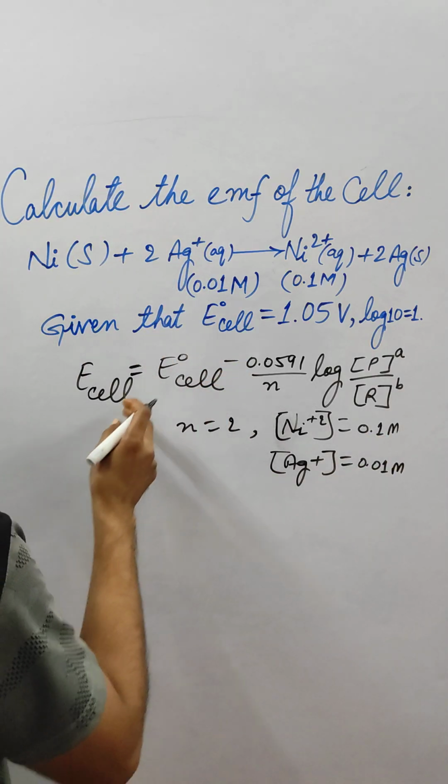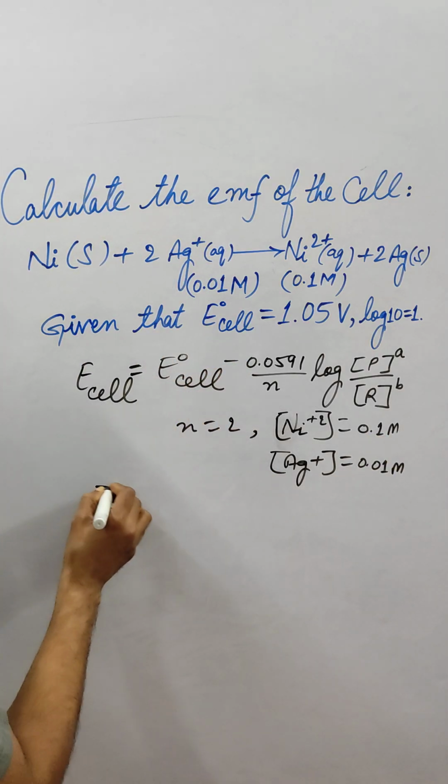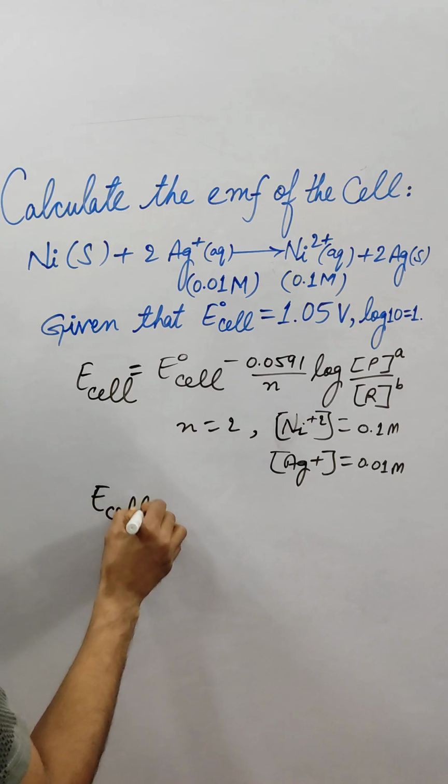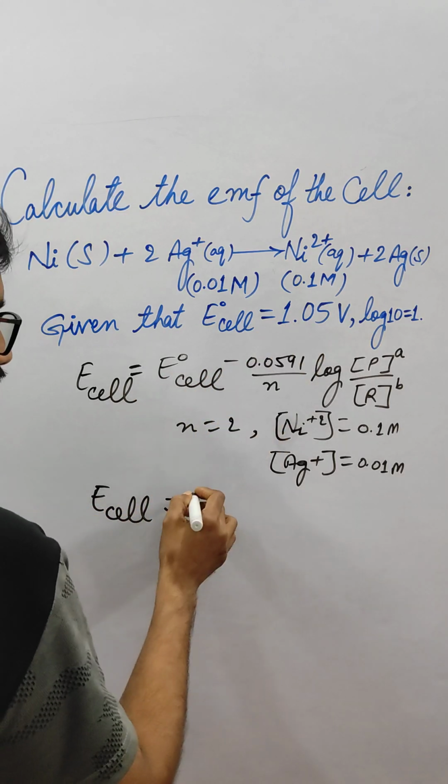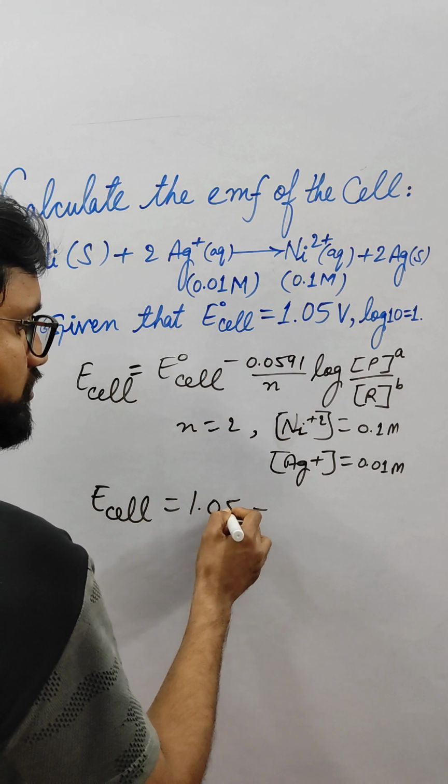So here we have to put in the values of all these things. So we get E cell equals E° cell, which is 1.05 minus